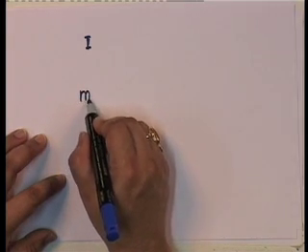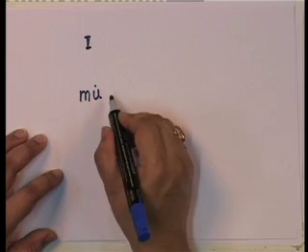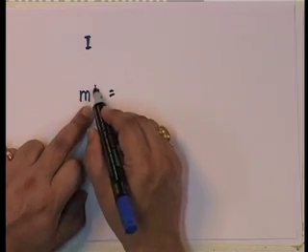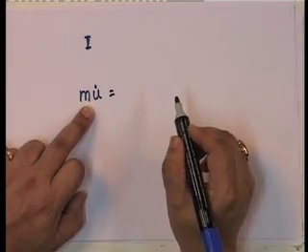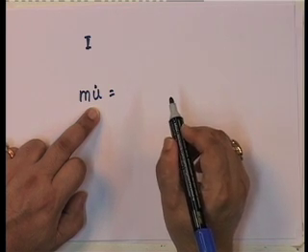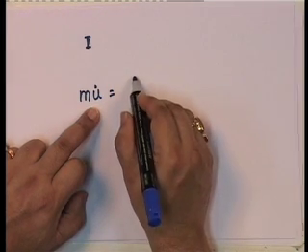It says m into the velocity, this m into u dot, is the momentum. The momentum is equal to